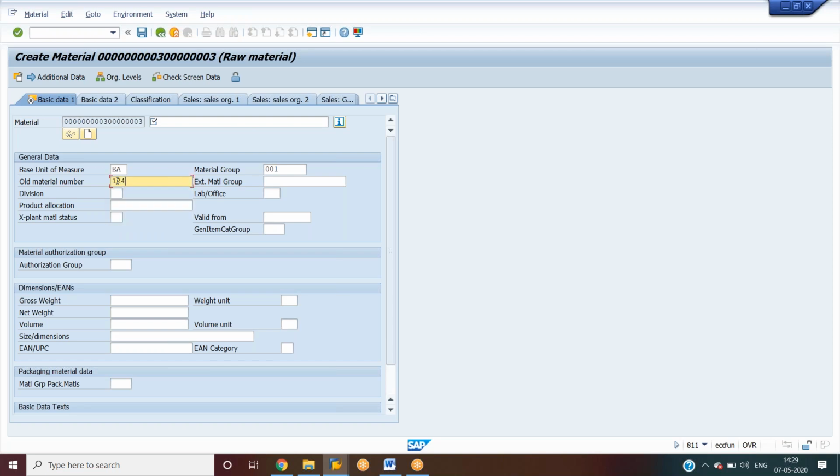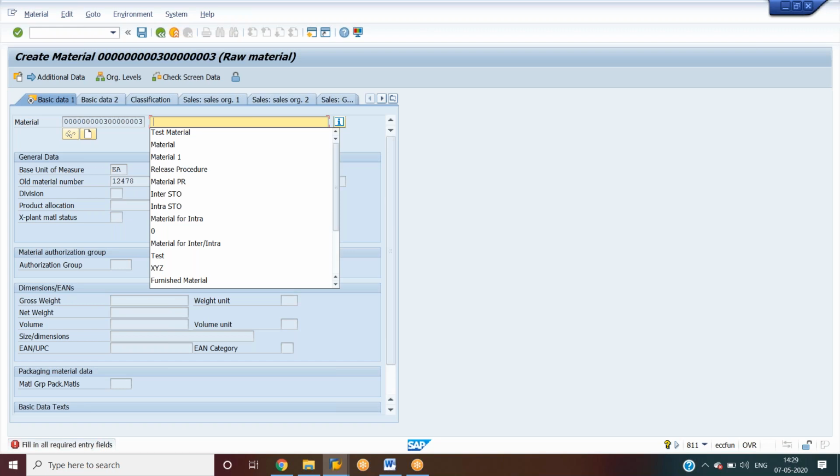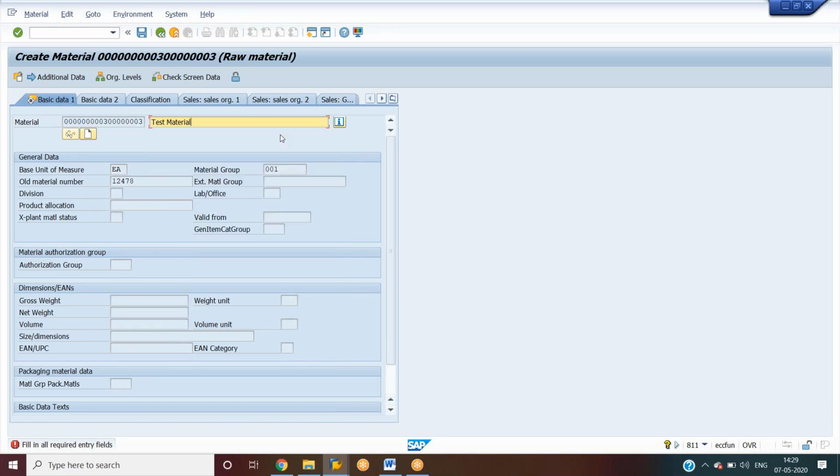That's the reason. Division: why will we maintain this? It will be used to segregate the use of the material, so by using this we can block the material. Division will be used to divide the material as per the usage.